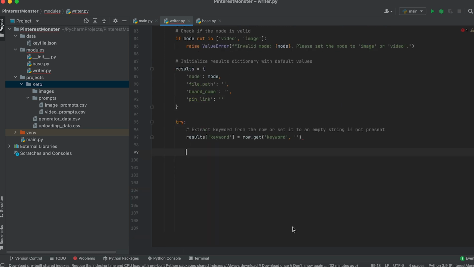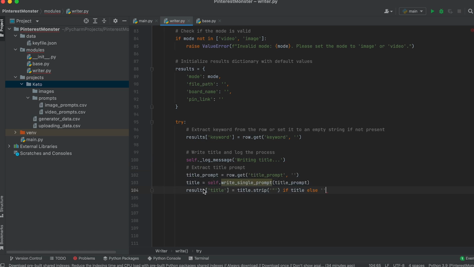method. Now let's call the logging method from the base class and log the process of writing the title. Next, we'll retrieve the prompt from the dictionary using the get method and store the result in the variable title prompt. After that, we'll call the method for writing text based on the prompt, which we'll write later, and pass title prompt to it. We'll save the result in the variable title. Then we add a new key value pair to the dictionary. We use the key title and assign it the value obtained from the title writing operation, pre-cleared of quotes, using